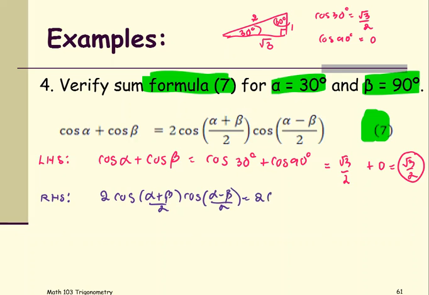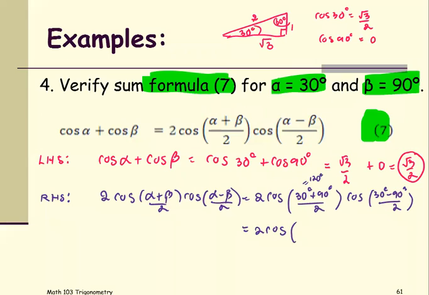Replace it with cosine of 30 degrees plus 90 degrees divided by 2 times cosine of 30 degrees minus 90 degrees divided by 2. Simplify as much as we can, it becomes 2 times cosine of 30 plus 90, that's 120 degrees, divided by 2 becomes 60 degrees. And then the second one, the difference is negative 60 degrees, and then divided by 2